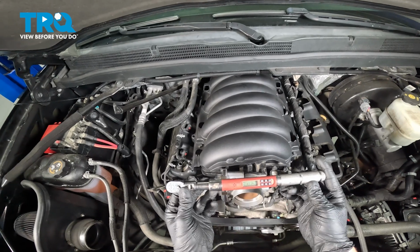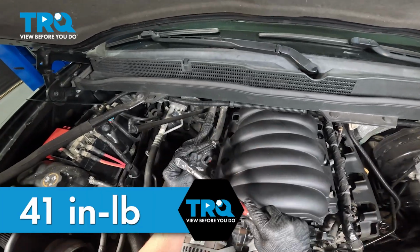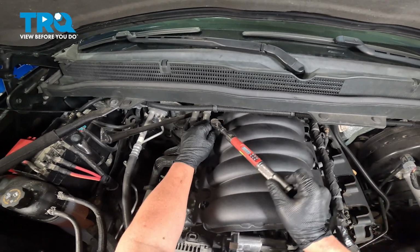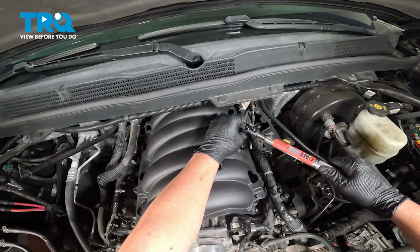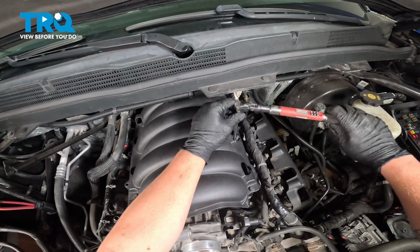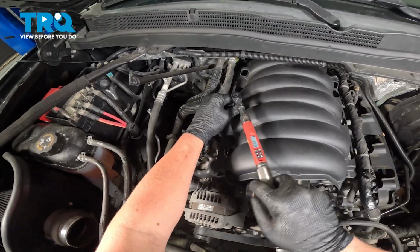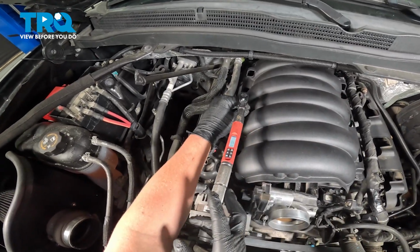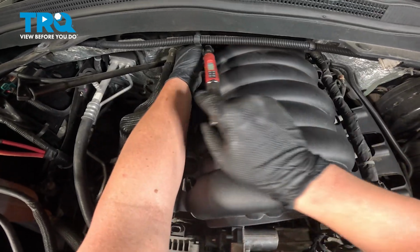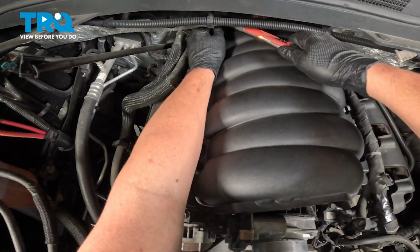On our first pass on our intake manifold, we're going to torque it to 41 inch-pounds. Follow along as we go. We're going to go on a zigzag motion. The middle bolt on the passenger side being 1. Two, 3, 4, 5,